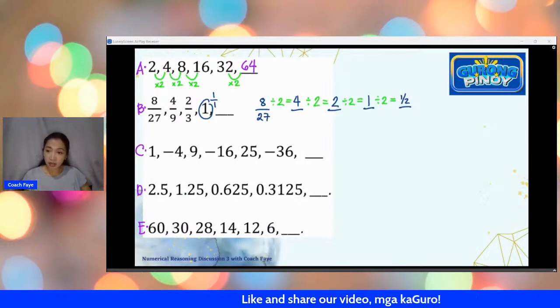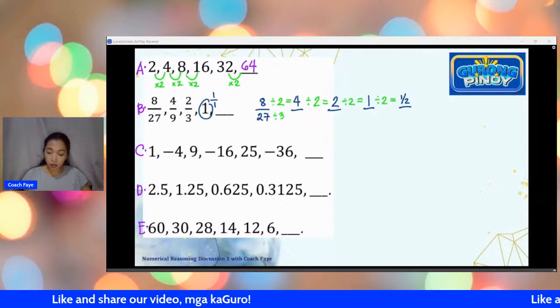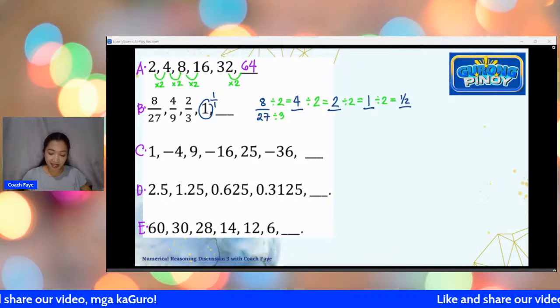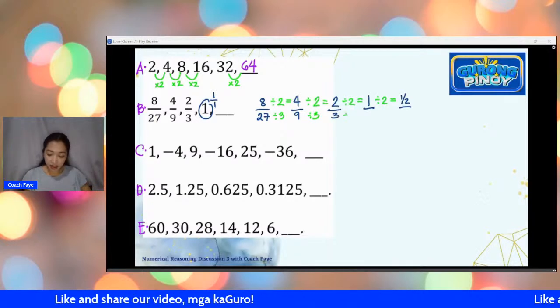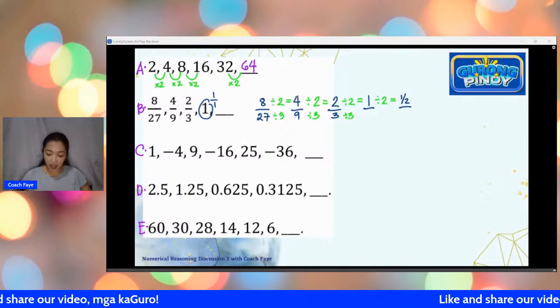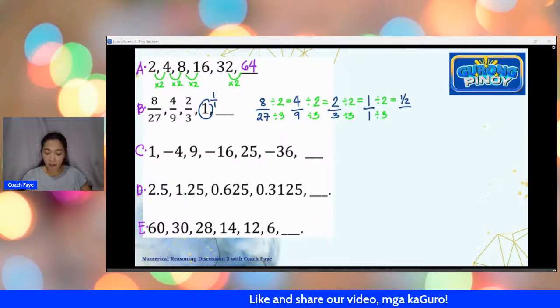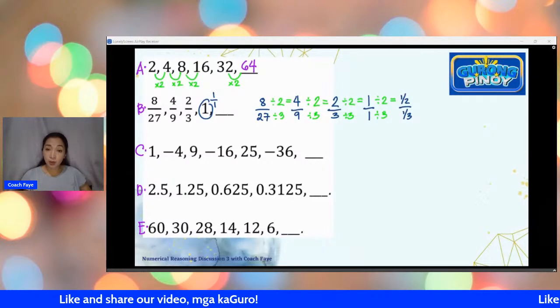So, yung denominator naman po ay, kung ang numerator dinidivide by 2, yung sabi po dito ni Ma'am Carlene, yung denominator naman ay dinidivide by 3. So, nagiging 9. Tapos, divide by 3 ulit, nagiging 3. Tapos, divide by 3 ulit, nagiging 1. So, ayan na. Nare-receive na po natin yung pattern. Divide by 3 ulit, makukuha po natin ay 1/3. So, this is the answer that we're expecting.